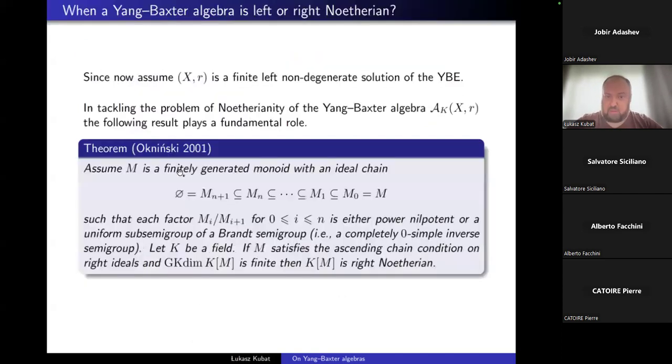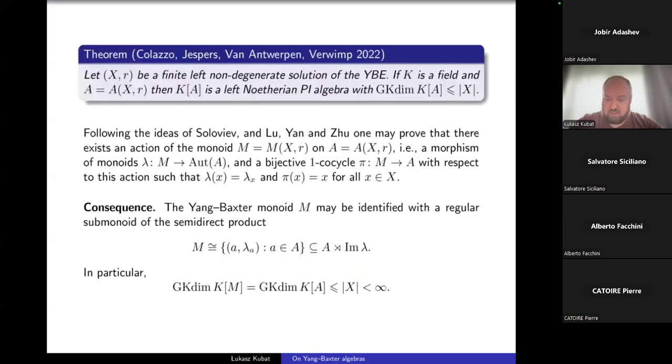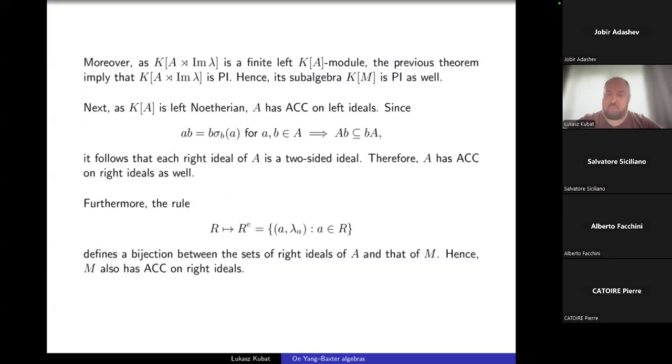So if we come back to the theorem of Okniński, we see that one of the conditions is satisfied, right? So to deal with the Noetherianity of our algebra, we should build a chain of ideals with the properties as in this theorem. And this is the most technical part of the proof, to build this chain. But before I proceed to that part,